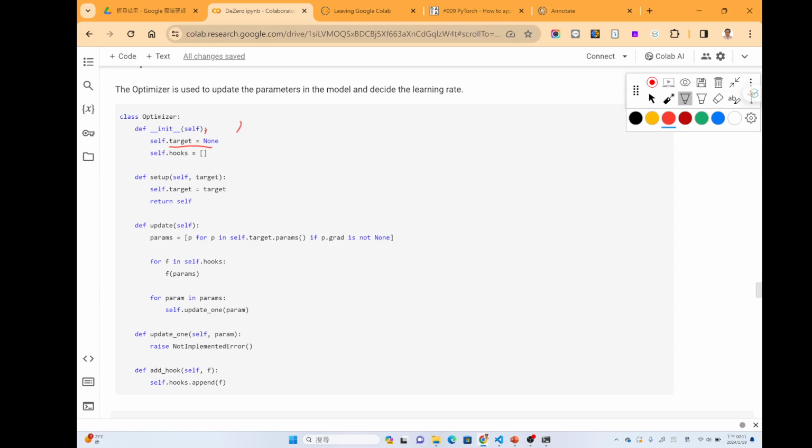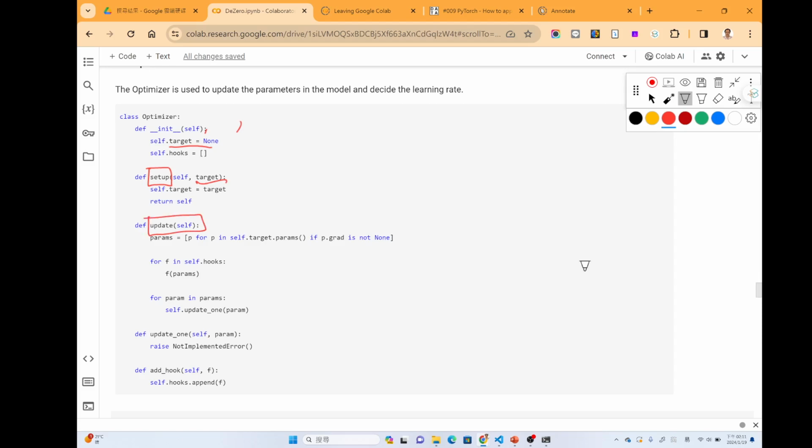The other function is setup, which is used to assign the target model, so that the optimizer knows what parameters it needs to update. Then there is the update function.